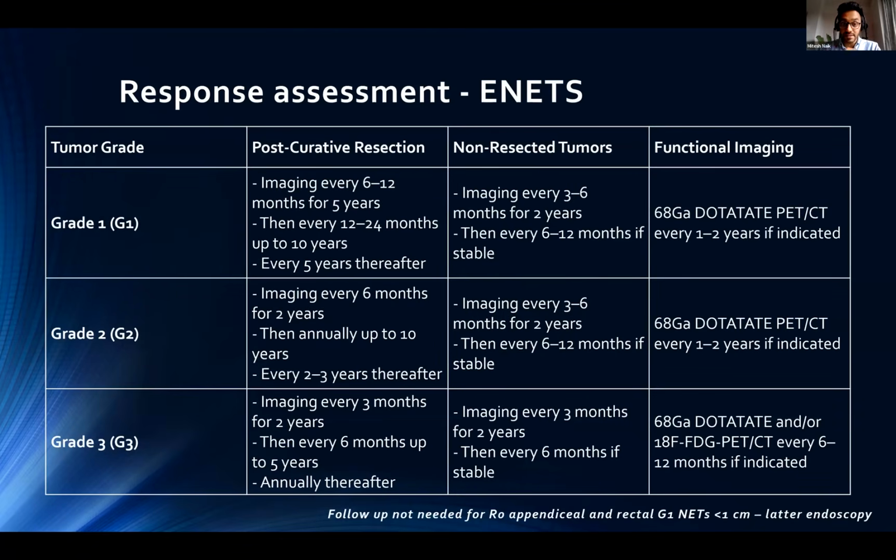But it's just to say that there's a lot of variability, and actually dotatate PET imaging isn't always mandated first line. So in the majority of these patients, dual phase CT imaging, provided that disease sites are recognized, is sufficient. If there's clinical concern over progression subsequent to that, that is when dotatate PET imaging is appropriate. For grade 3s, obviously, that would be an FDG, depending on what the baseline imaging had shown.